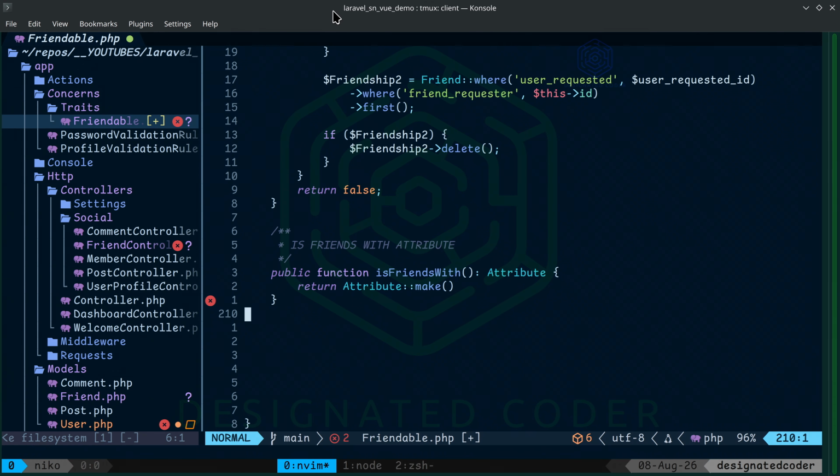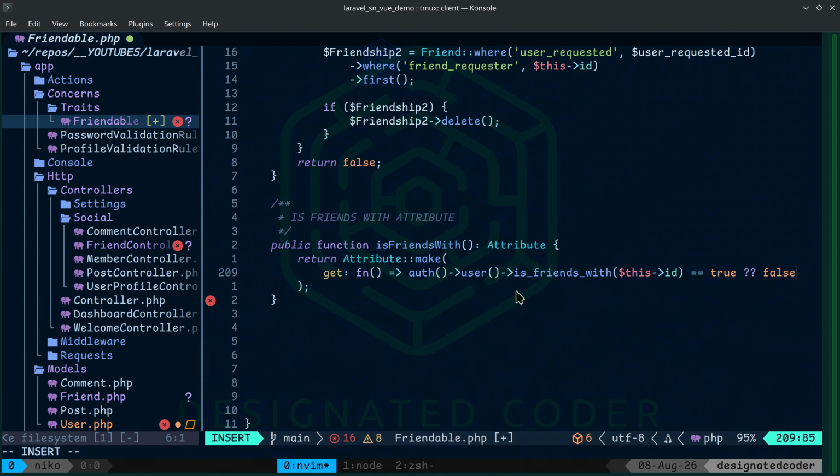We can pass in this ID and we'll say true, else false. What are we saying? Well, we're using that helper function. We're using it to create an isFriendsWith attribute that we can attach to the user model. Even though it's already attached, it's now an attribute, and it will be listed along with all of the other